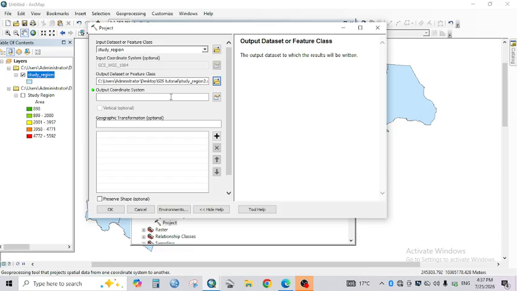and then you have to specify the output coordinate system, the coordinate system you want to reproject to. So I am working on a layer in one of the East African countries. It's actually Uganda. In Uganda, most part of Uganda,